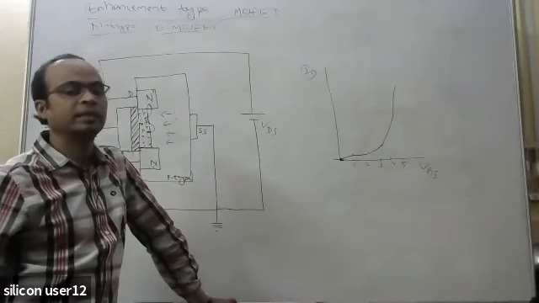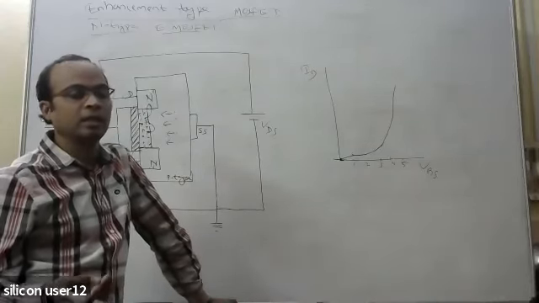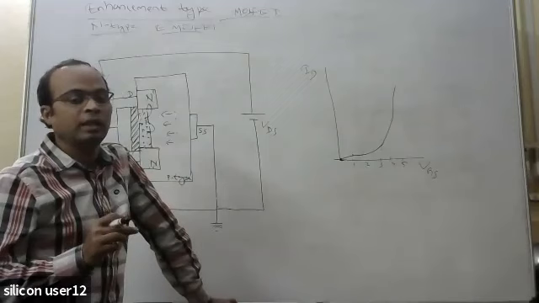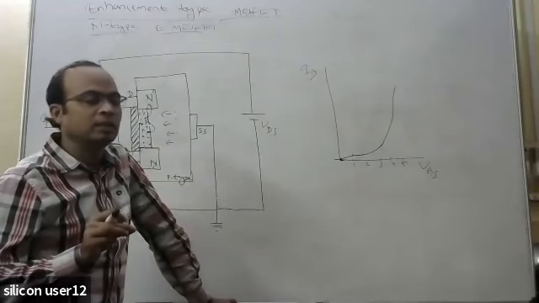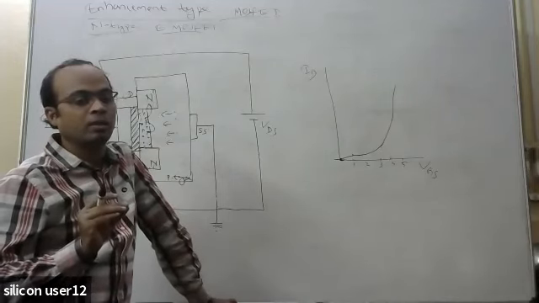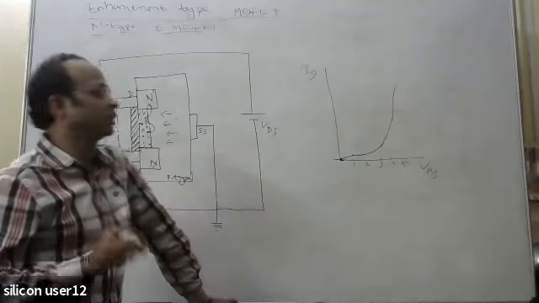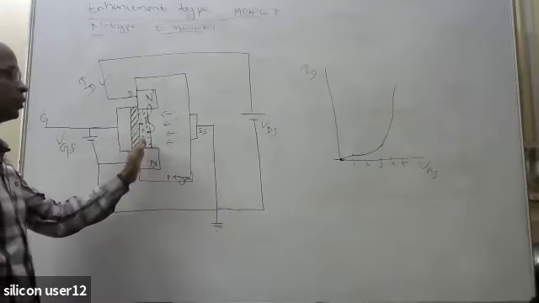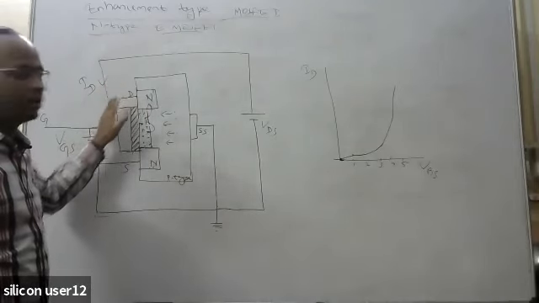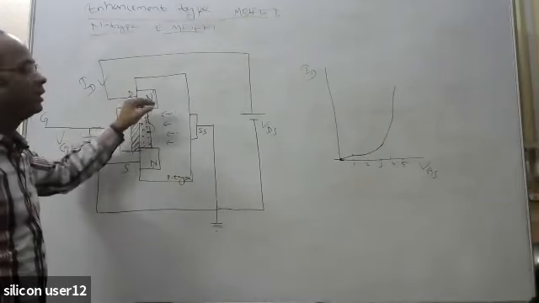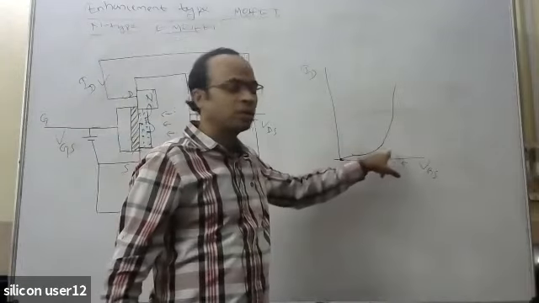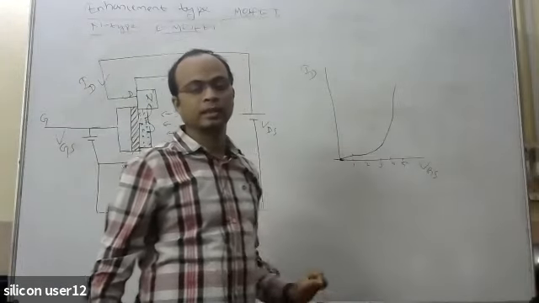It is like your diode characteristic. In diode characteristics, initially there is no path, so with increase in the applied voltage the current was almost zero. But once a path is created, or the depletion region is removed, after that the current increased at an exponential rate. Similarly, initially no path was there, so with increase in the gate voltage, the drain current was not increasing largely. But once this channel is created properly, the drain current will increase exponentially. So that's why initially the current is almost constant, and after that it is increasing.